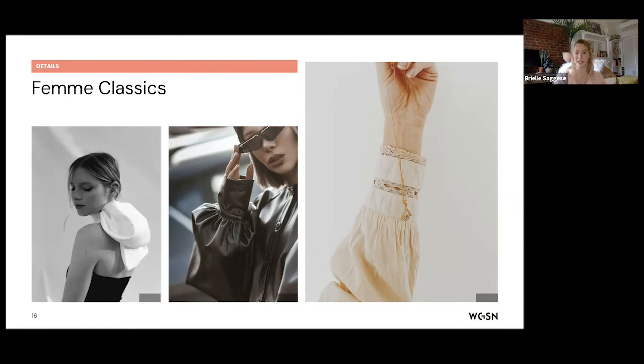So a lot of aesthetics right now, when you think about the ways that we're dressing when we leave our home, often have a lot to do with survivalist type aesthetics. So wanting to really prepare ourselves for the outdoor world, wanting us to have what we need to get through whatever we're facing. And details such as these that are more feminine, that are more soft, that are more relaxed,